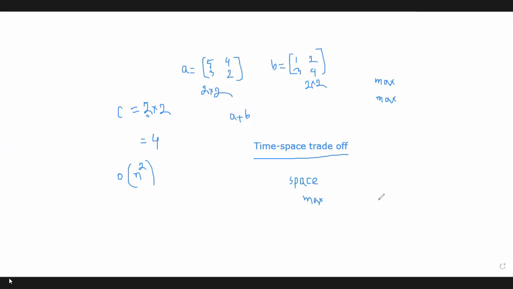Is that clear? What is time-space trade-off? Yes, ma'am. So when space complexity is maximum, use an algorithm with fewer operations so that the time complexity can be minimum.